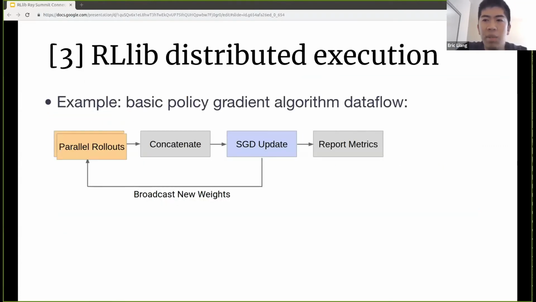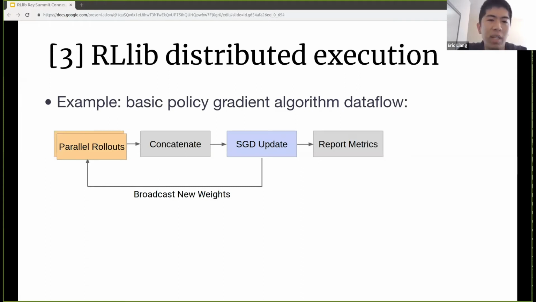As you can imagine, building RL algorithms is a complex topic. So here I'm just going to talk specifically about one aspect of this, which is how RLlib scales algorithms to a cluster. And the example I'm going to use for this is scaling the basic policy gradients algorithm. If you're not familiar with this algorithm, not to worry. We're not going to talk about the math here, just the computation pattern, which is pretty simple. It's actually just shown on this screen.